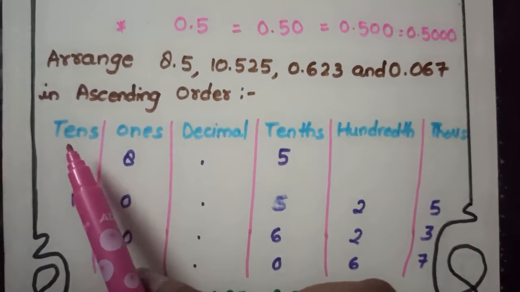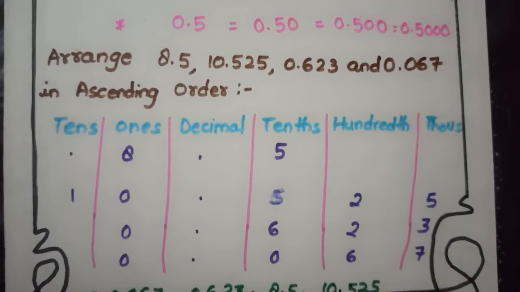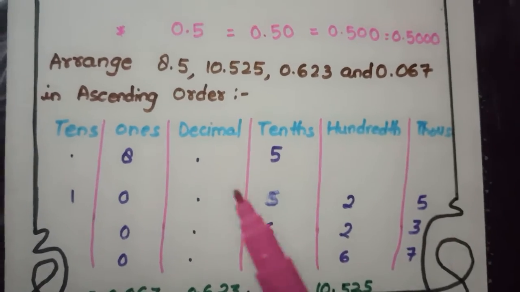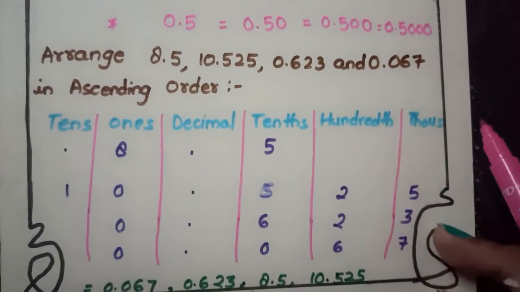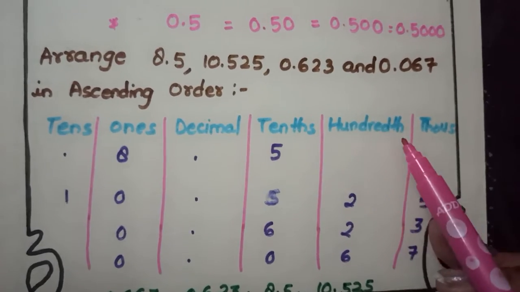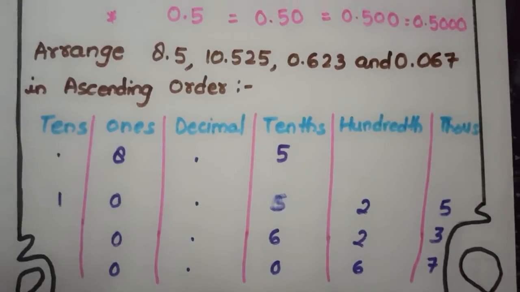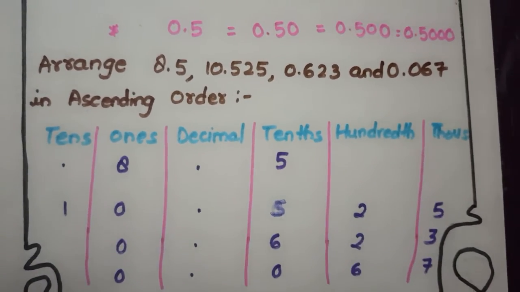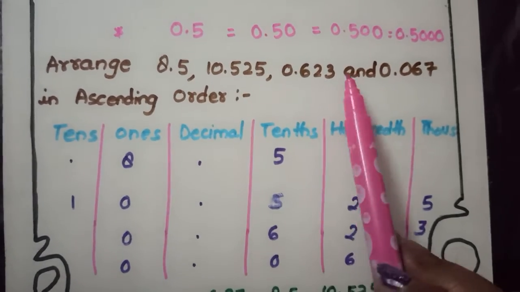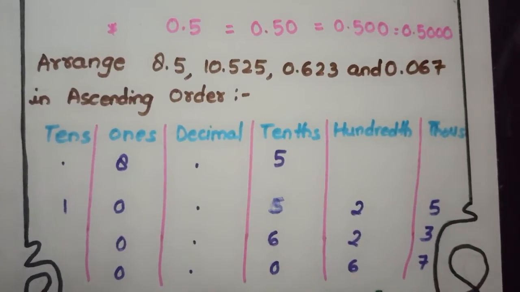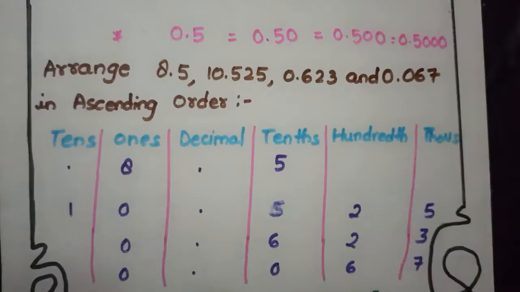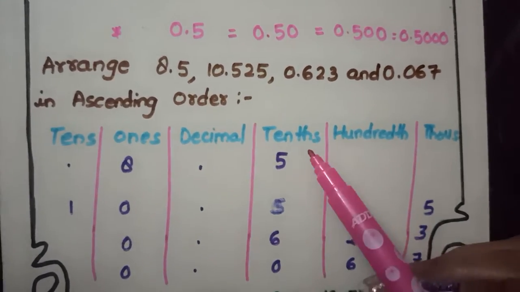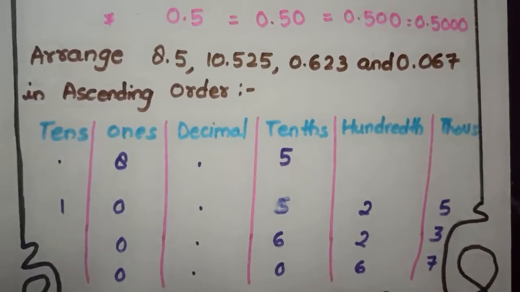Now see, these place values you all remember: ones, tens, then hundreds. Then for decimal we need to put a decimal point as well. Then after decimal the place value goes with tenth, hundredth, thousandth, right? So first of all, let us make this place value chart. Now according to the given numbers, arrange the digits. 8 decimal 5, so 8 is in ones place, in place of decimal we need to write this point, and 5 is in tenth place, correct?